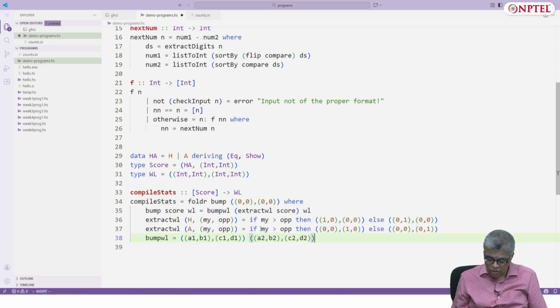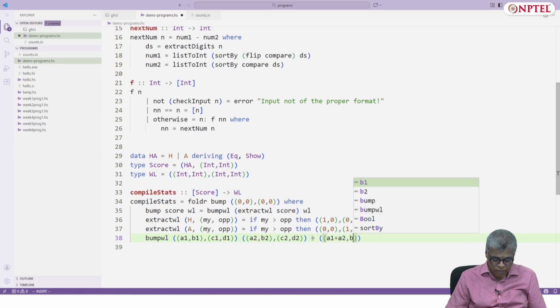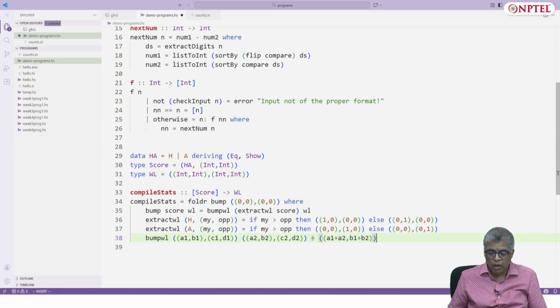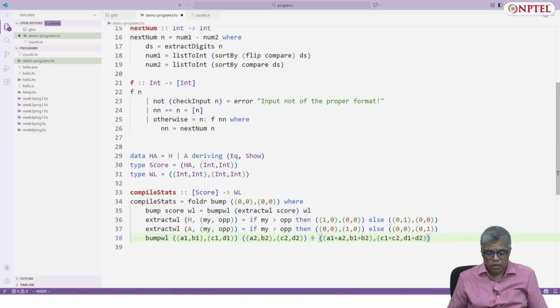And what you do is, bump win loss of A1, B1, C1, D1, A2, B2, C2, D2 is nothing but A1 plus A2, B1 plus B2, and on this side C1 plus C2, D1 plus D2. So that's it. This is the complete program, and this is just fold R.